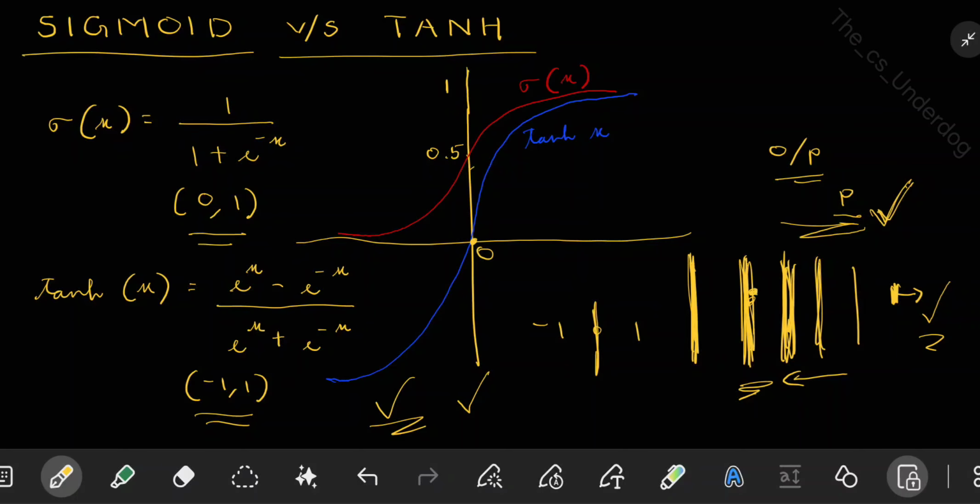So you want to see how much is this output going from here, and how is it contributing to the loss,